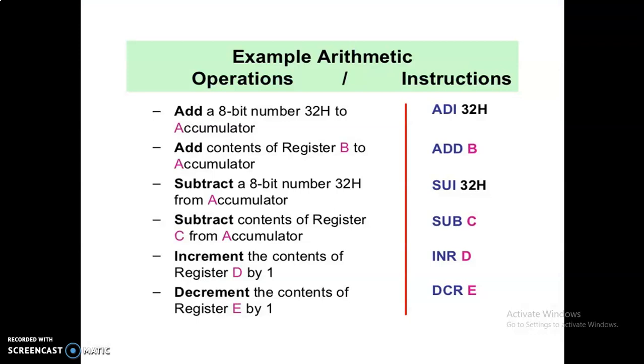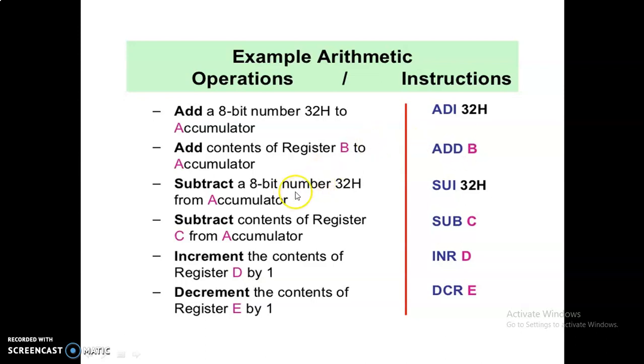In addition you have these types of operations. Okay, so ADD. What is the use of the ADD instruction? The ADD instruction will add the 8-bit number to the accumulator. So ADD means add the content of the register with the accumulator. Okay, for example, in this example you can see ADD B. Here B is the register name, ADD is the instruction. The operation performed here is: add the content of the accumulator plus the content of the register, and the result is stored in the accumulator.